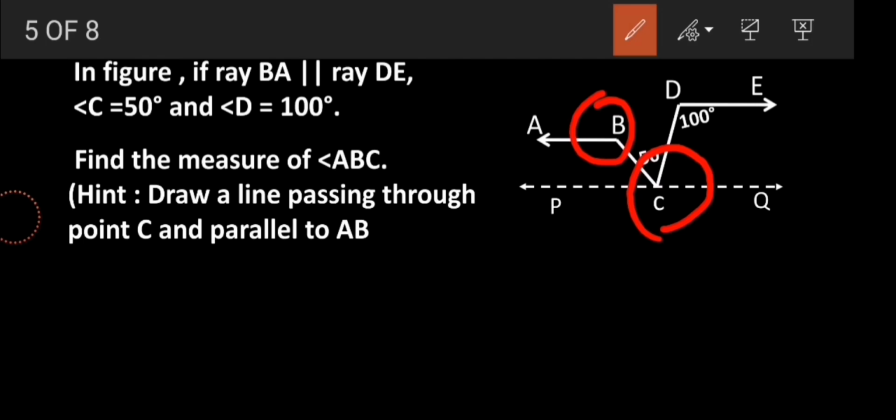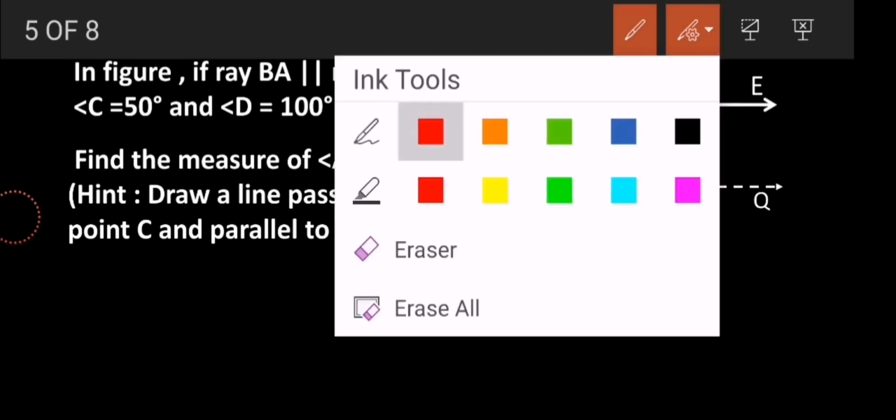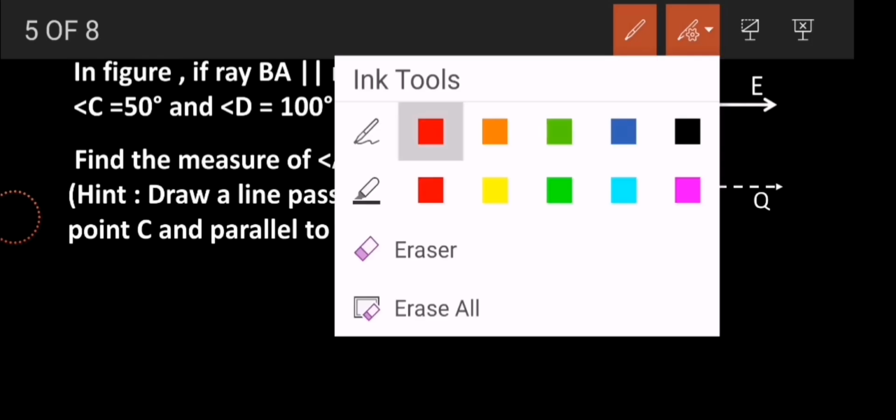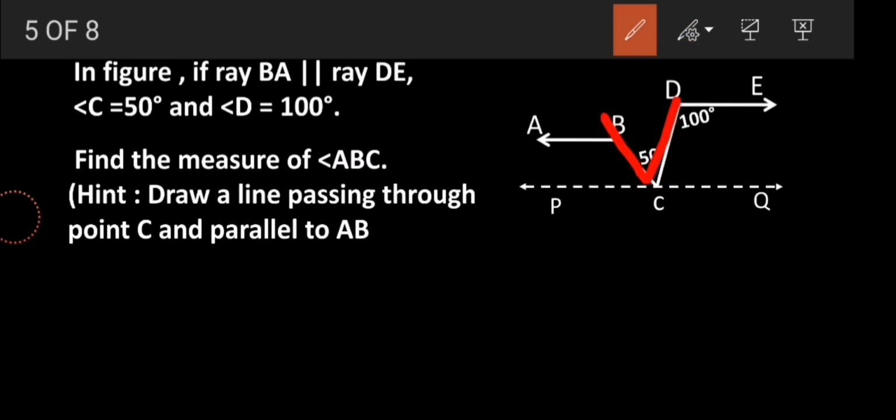I am not finding ABC presently. I'm going to find BCQ, because BCQ and angle ABC are equal by the alternate angle theorem, because the lines are already given parallel to me, okay. And if you observe BCQ over here, BCQ is divided into two sections. One is this one, right, and another one is this part. These two are the sections of angle BCQ.